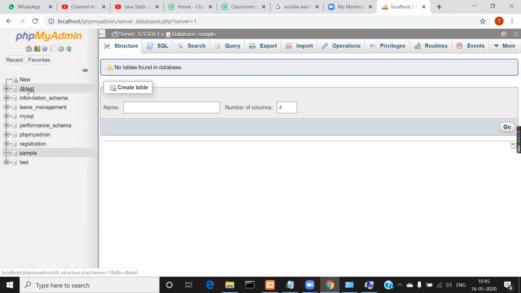If you observe all these databases, they have a plus symbol before them, right? When you have that plus symbol, it means that currently you are not using that database. But for the sample database, you are finding a minus symbol, which indicates that you are currently using that database.